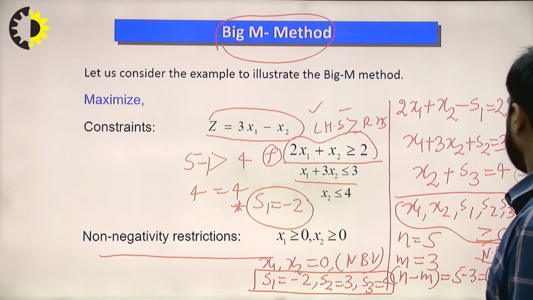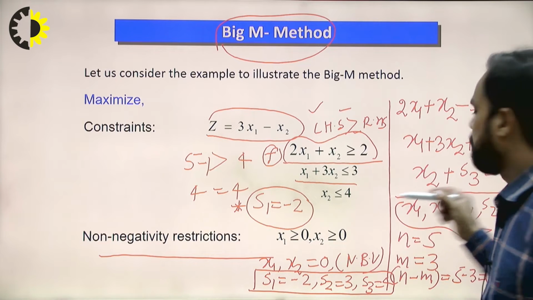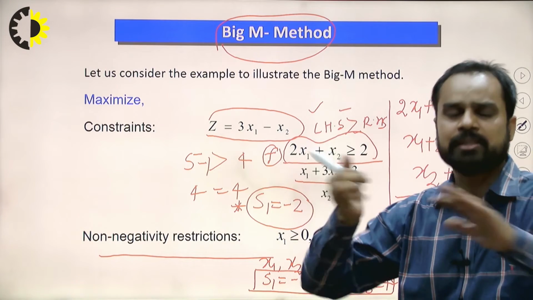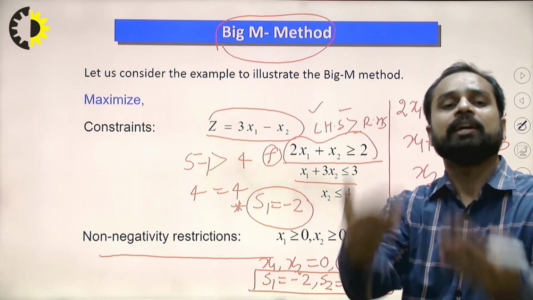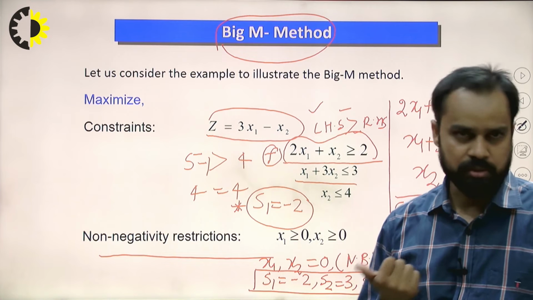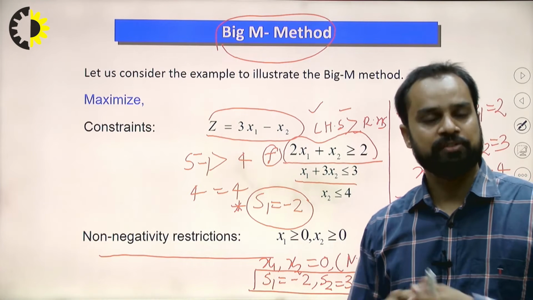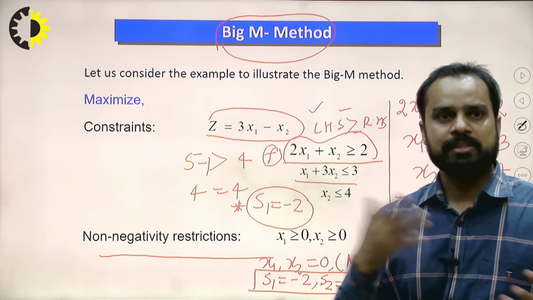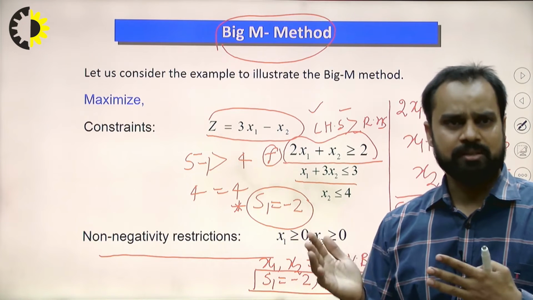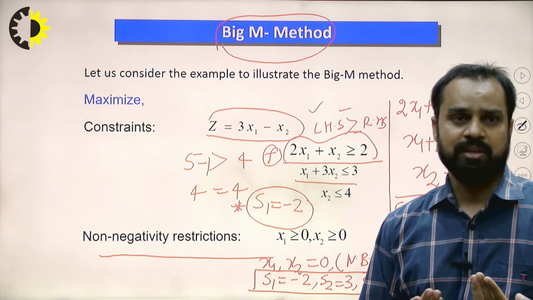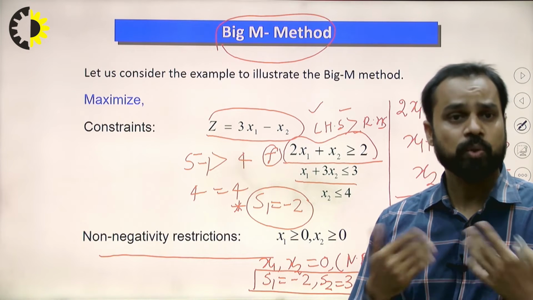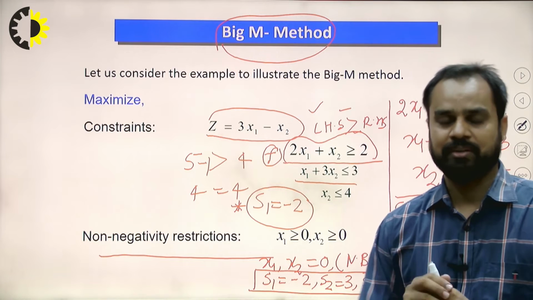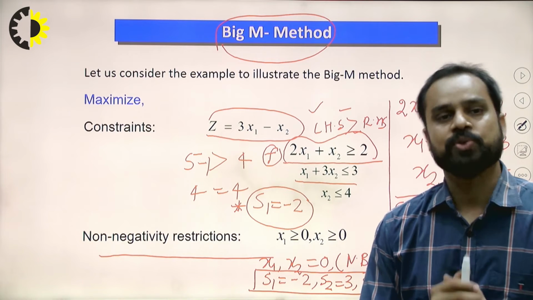Only one step you have to change. If I am obtaining the basic feasible solution, the entire algorithm is the same as the simplex method. Only to find the basic feasible solution, there are some changes. We have to introduce an artificial variable. Comparing the simplex and Big M methods, the only change is that we introduce another variable known as the artificial variable, so that I am able to get the basic feasible solution. The only purpose is to get the initial basic feasible solution.